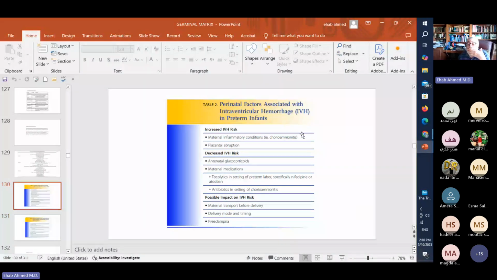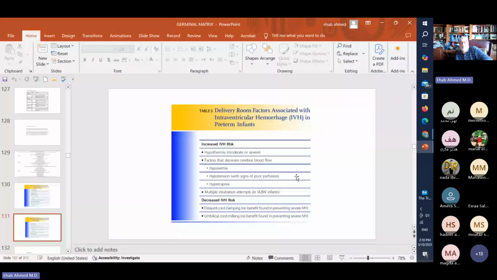Because as we are going to see in the prevention, there is what they call the care bundle, which focuses on the delivery room and on what they call the golden hour and the first 24 hours in the prevention. Okay, and in the delivery room, as we said, hypothermia, hypoxia, hypotension, hypercapnia. Okay,